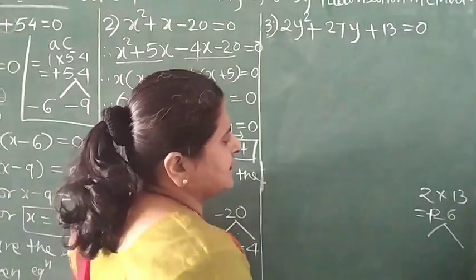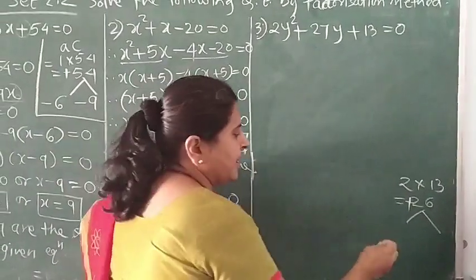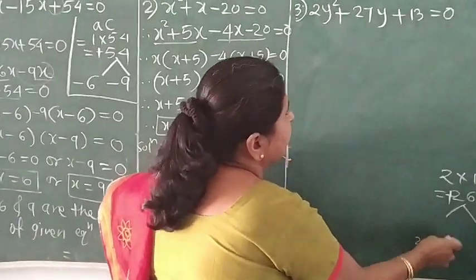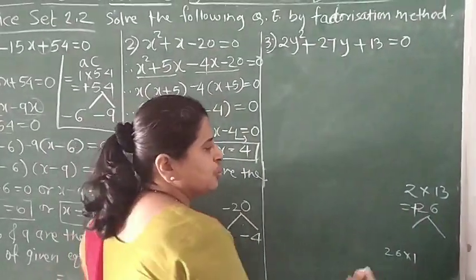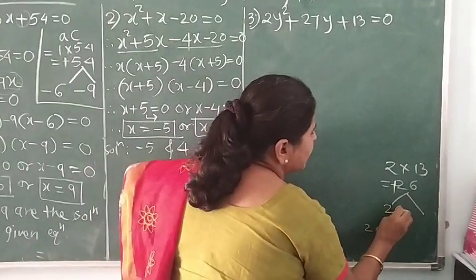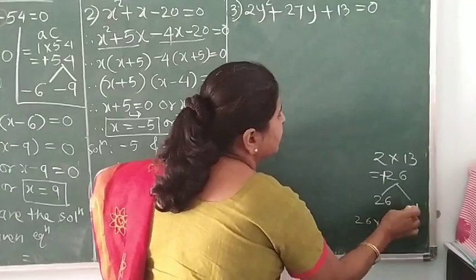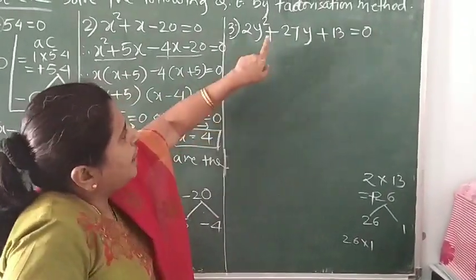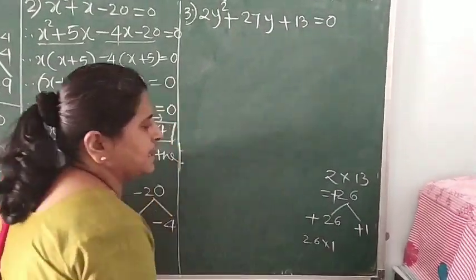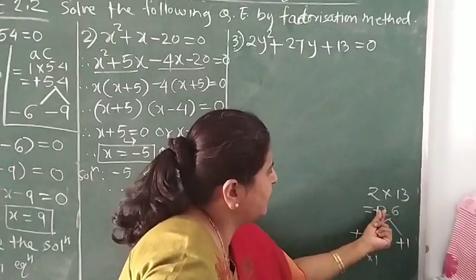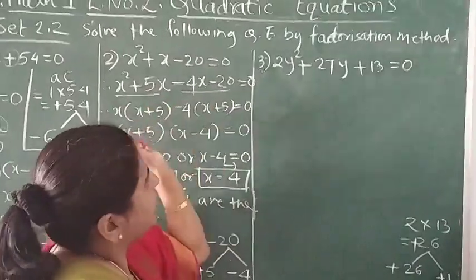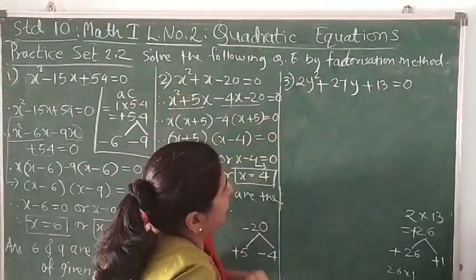Now what are the factors of 26? Either you start with always 1. 26 ones are 26. Check the addition. If 26 and plus 1, you get 27. Yes. So you got your factors, no need to go for another. Otherwise you have this option also. So the option is 26 ones are 26. Addition of this, we got, is 27. Now what is the sign of the 27? Plus. Give it to both factors. Plus 26 plus 1. So the product of this is plus 26 and sum of this is plus 27. So this was the important change in this sum compared to the first two.